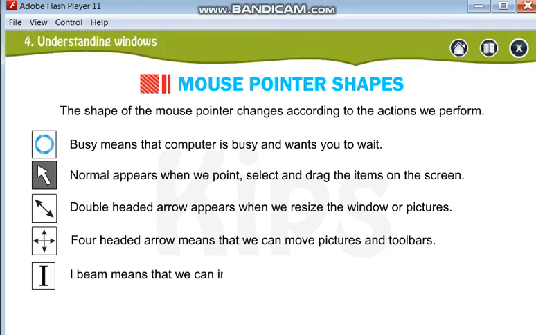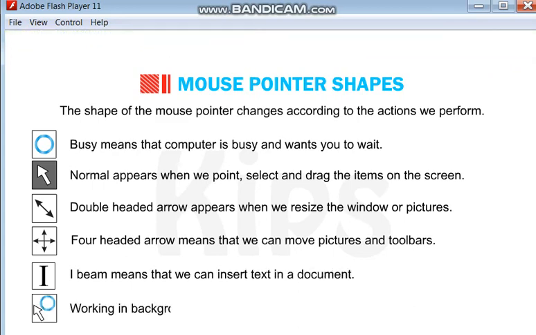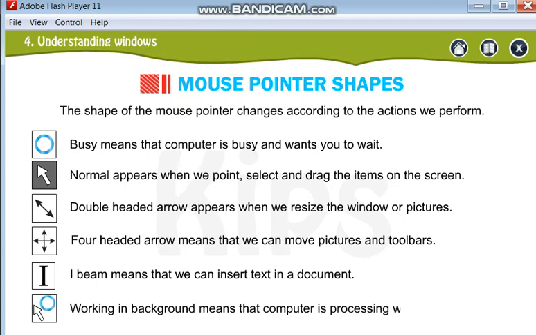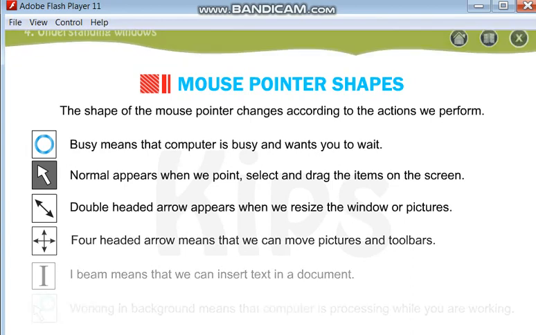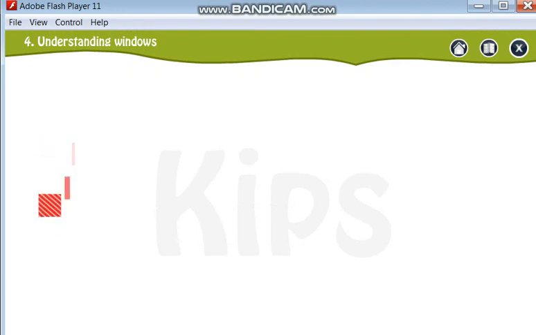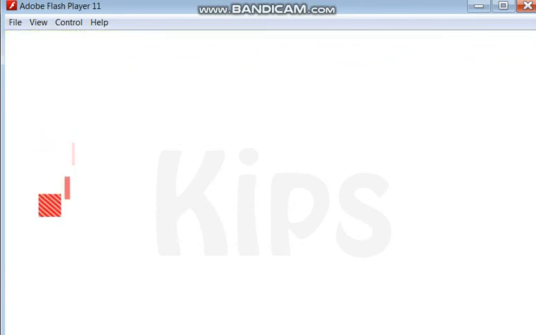The I beam is used to insert text in a document. Working in background means the computer is processing while you are working. So these are the pointers.